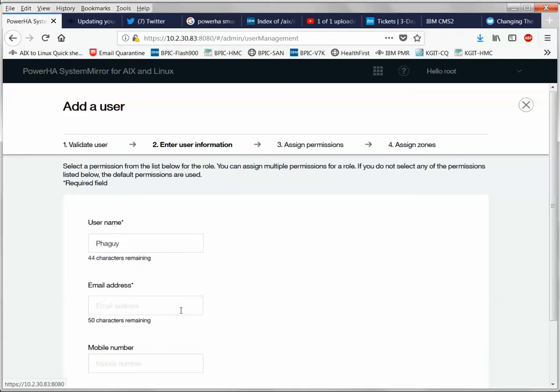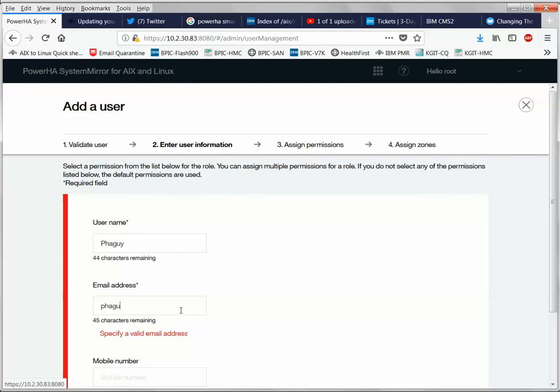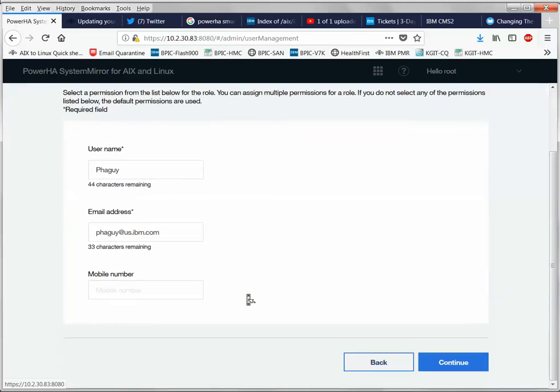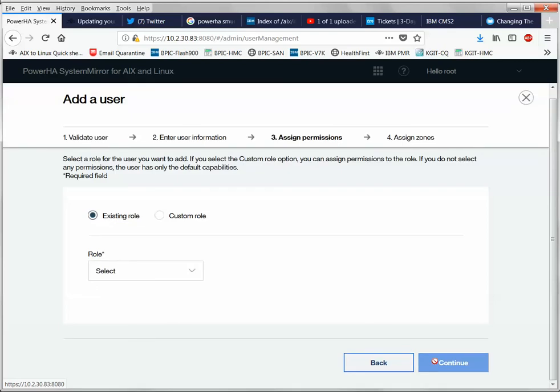And I'm just making this up as I go along. And what this does is this will create the user for the user interface. This does not create the user on the AIX box that the user interface server is running from, and I'll